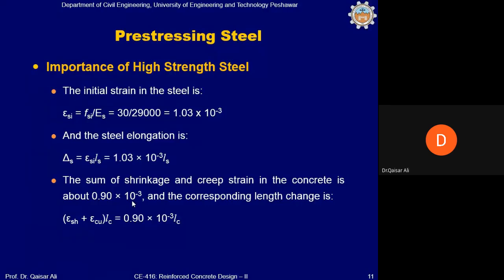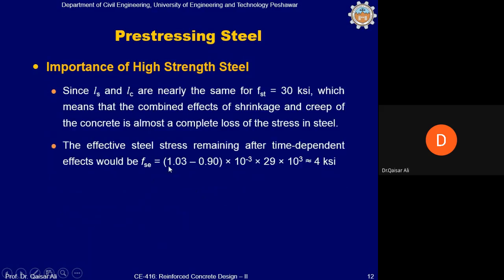अच्छा, इसको जब आप कंक्रीट की लेंथ से मल्टीप्लाई करेंगे 0.9 × 10⁻³, तो इतना डेल्टा वापस आ जाएगा। डेल्टा एस में से ये डेल्टा निकल जाएगा। डेल्टा एस तो पहले प्रोड्यूस किया था, ये डेल्टा सी तो उसके अपोजिट है, तो नेट हमारे पास जो डेल्टा रह जाएगा वो होगा (1.03 - 0.9) × 10⁻³। हमारे पास इफेक्टिवली इतना डेल्टा रह जाएगा। और जाहिर है कि जब हमारे पास इतना डेल्टा रह जाएगा तो स्ट्रेन भी कम हो गया, और इस स्ट्रेन को अगर हम E से मल्टीप्लाई करें